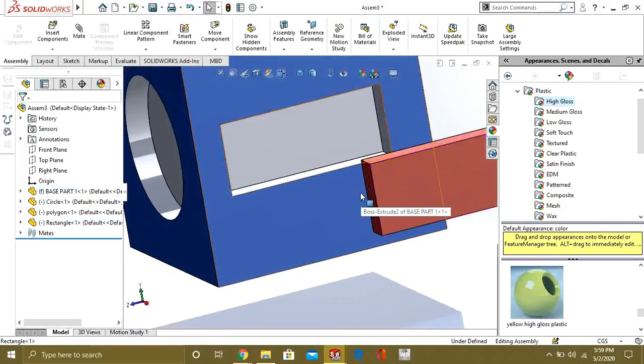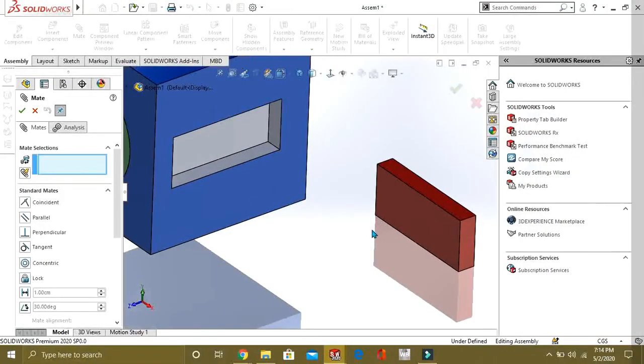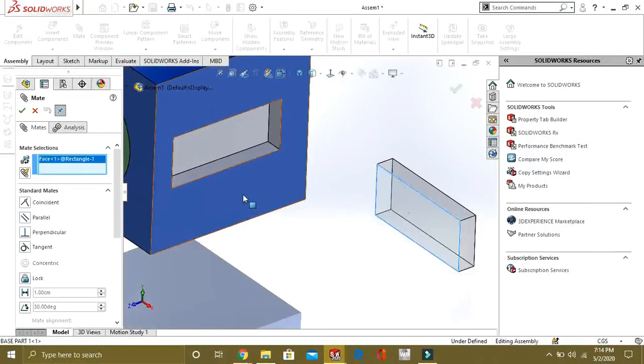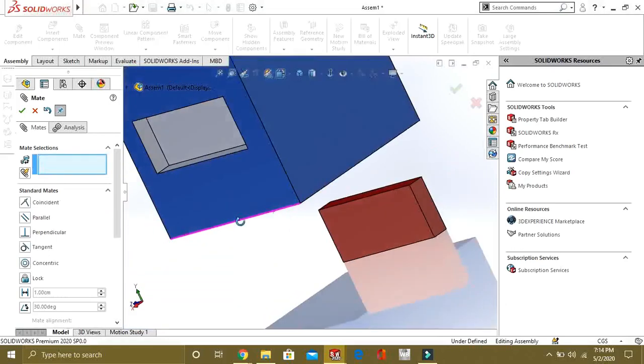So now we will add some distance. For that we will go to mate. We will select this face and this face, and select coincident, select OK.